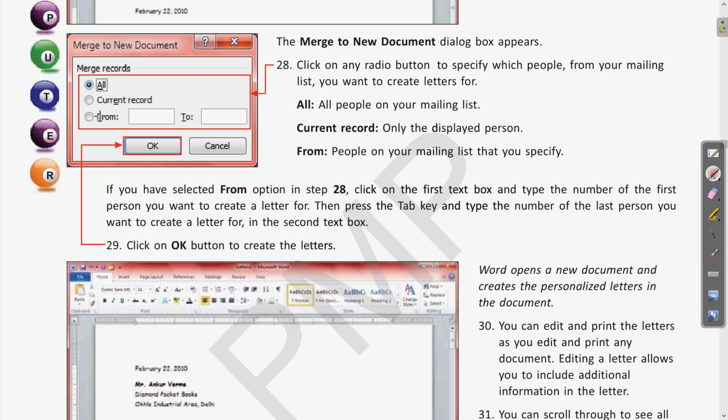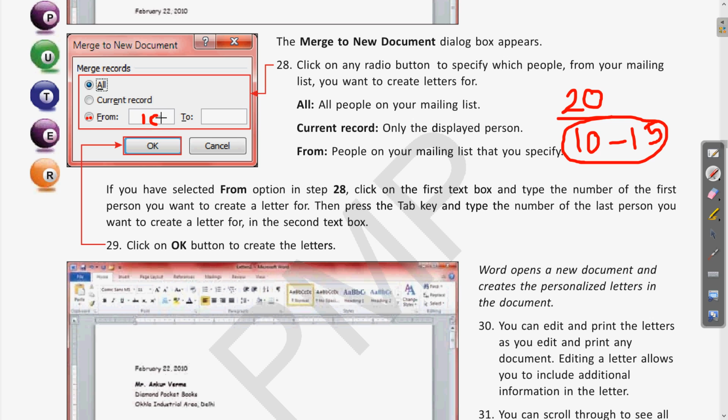So if you are clicking on this from button, suppose you have 20 persons in your mailing list, and you want to include the persons from 10 to 15 only, means 5 or 6 persons, starting from 10 till 15, whatever the names are in the address list, they have some sequence. So you will click on this from and mention 10 to 15.